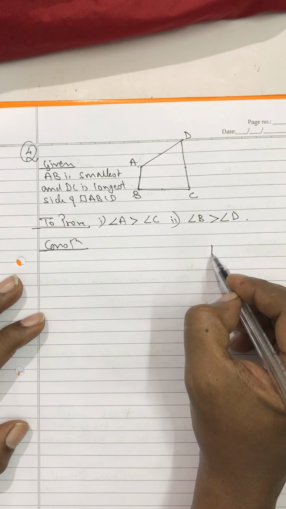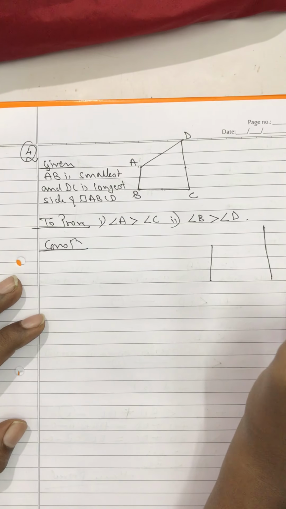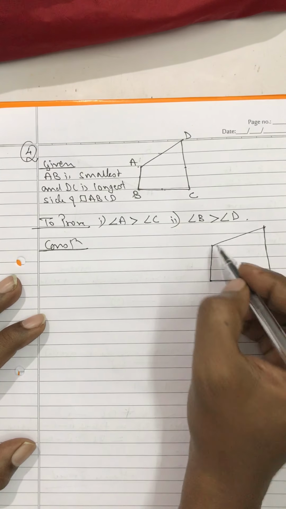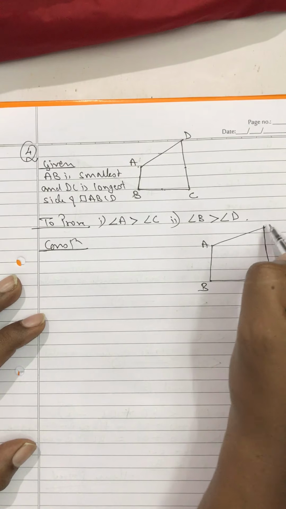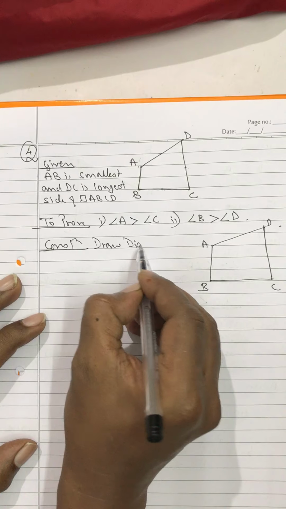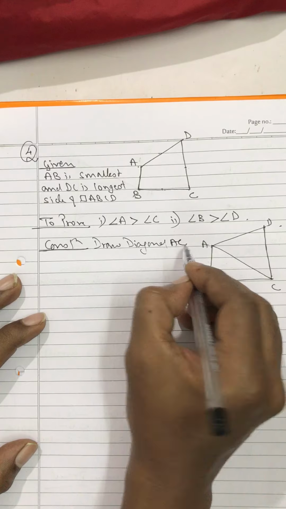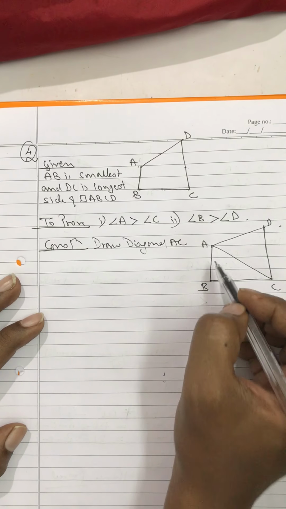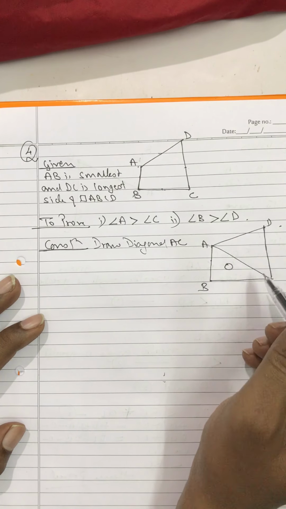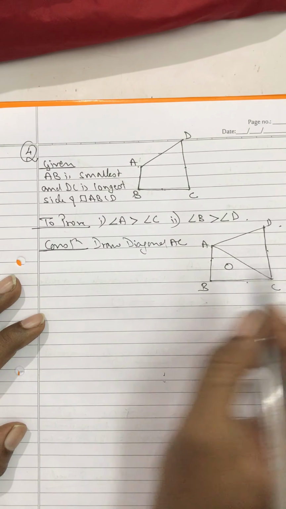See here, once you can take anything. Second time also you can take the remaining one. This is like this. Fine. Now see here we have got A, B, C, D. So construction, draw a diagonal. Anyone you can take. AC. Now see, AB is the shortest side. So in triangle ABC I will have to use this concept of AB smaller than BC. And here DC is the largest side. So first I compare.